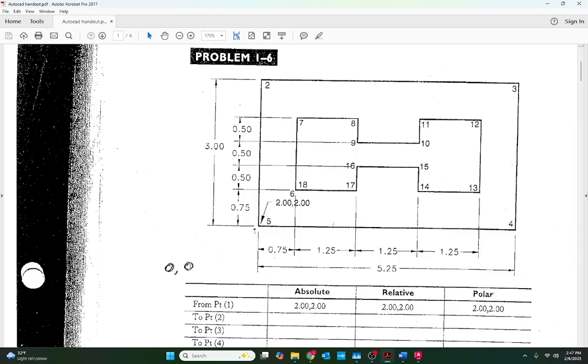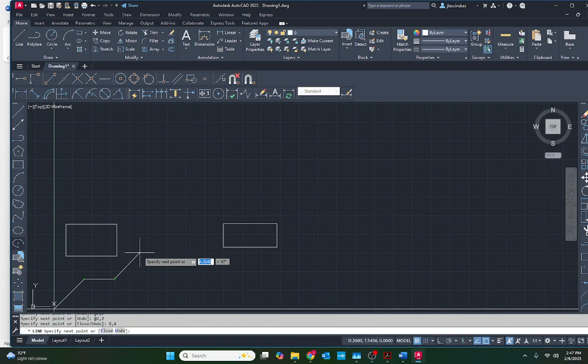Another way of drawing lines is by using polar coordinates. So in polar coordinates, we specify the length of the line and the angle. And in order to specify that we're using an angle, we use the less than symbol. So as you can see here, the number essentially tells you exactly where you are. So here I'm at 7.3524 at an angle of 39 degrees. So let's say I wanted to put a line of length 5 at 45 degrees. All I need to do here is type 5,